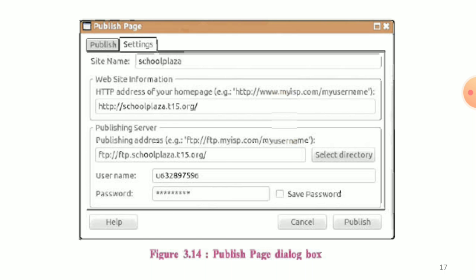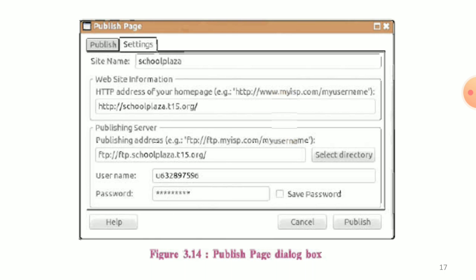We can upload the website if we have an account on the web server. The internet service provider, that means ISP, offers a limited free space on the web server, and we can also buy space from professional hosting providers. Alternately, to upload the website, there are many web hosts that provide limited free space to the users. The free space can also be for a limited time period. We can register on these sites and avail the free space.